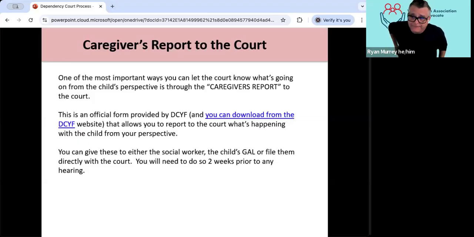The challenge, and I get this, and I don't know what the answer to this is, guys, but sometimes there are going to be motions that are filed, and sometimes those motions are going to be immediate motions on shortened time, where there may not be enough time to gather that caregiver's report.